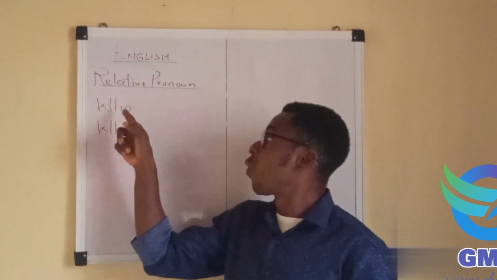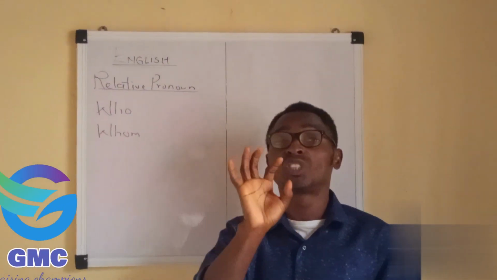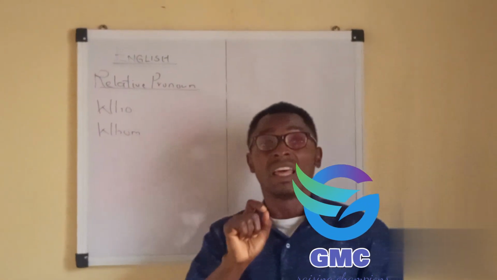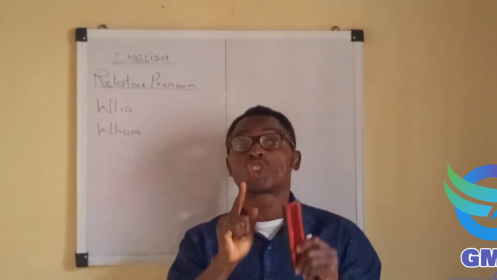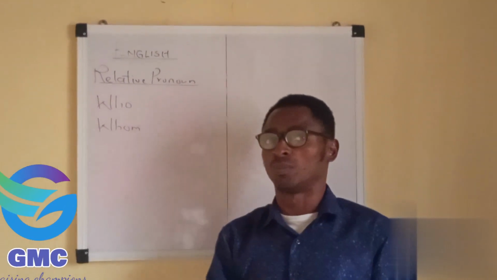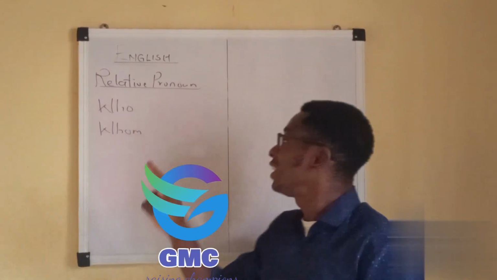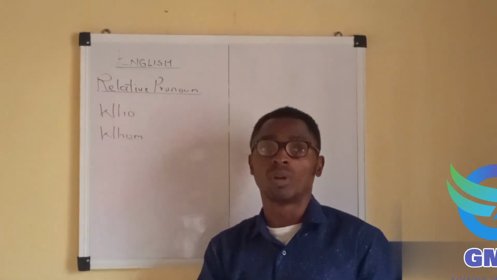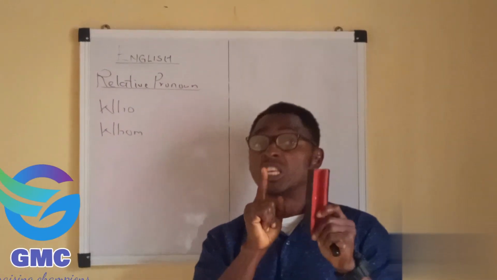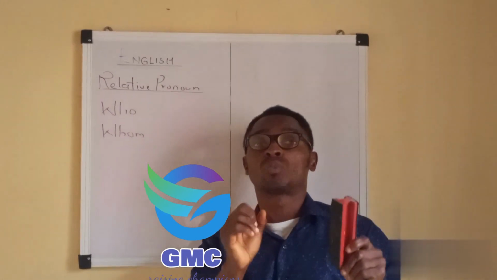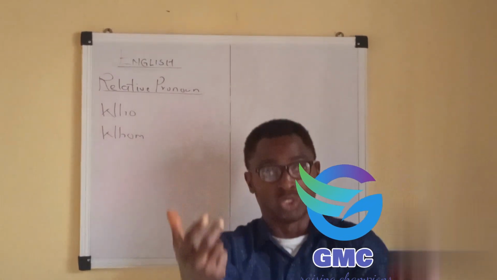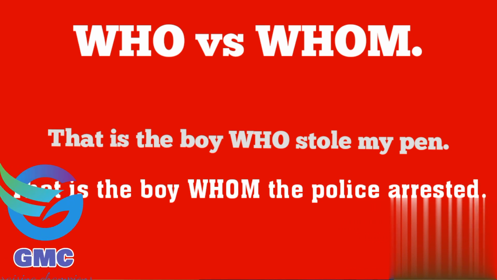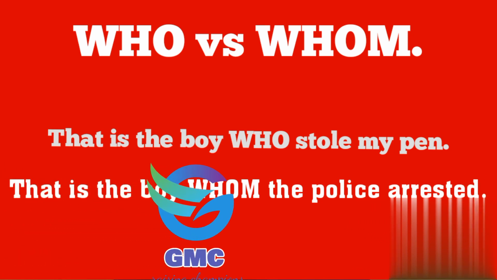The relative pronoun who is a subjective relative pronoun. That is, it is only used when the subject is performing an action. While the relative pronoun whom is an objective relative pronoun, it is only used when the subject or the object is receiving an action. For example, if I say that